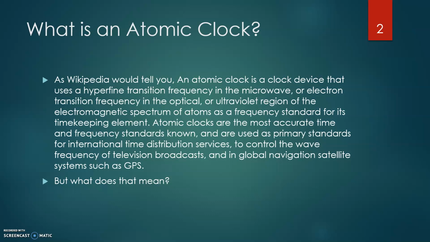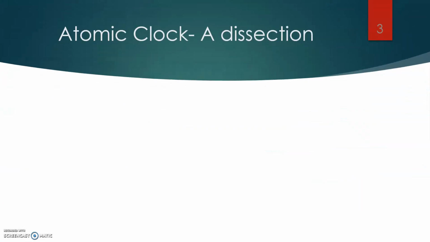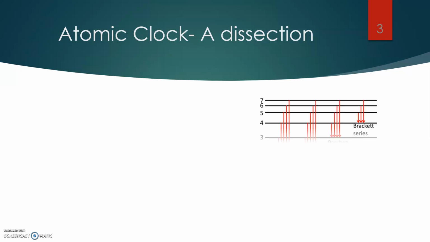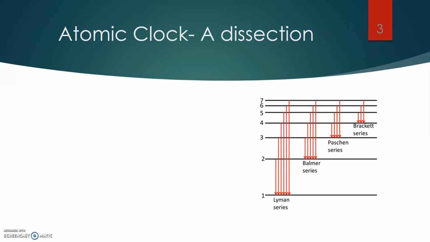But all that said, what does this mean? What is an atomic clock and how does it work? So, atomic clock, a dissection. Let us get an idea of how an atomic clock works. This starts with the whole idea of electronic transitions. We have an idea that electrons occupy only certain allowed energy levels inside an atom. Any transition between them corresponds to a specific frequency which usually lies in the ultraviolet or the visible light